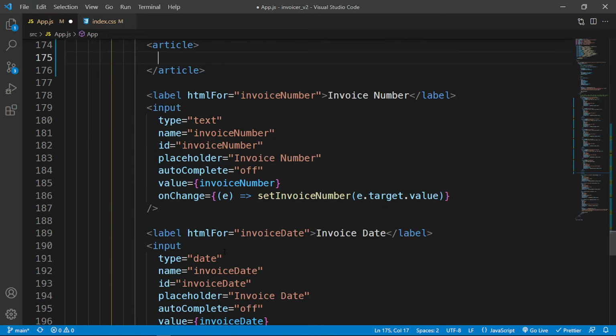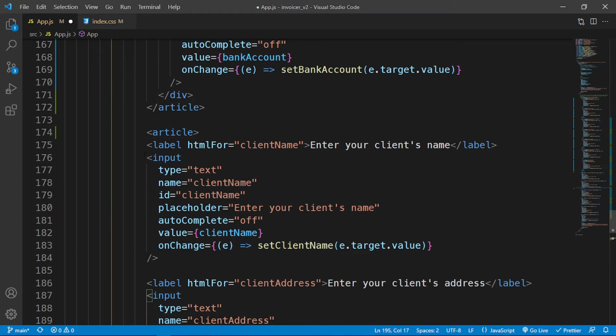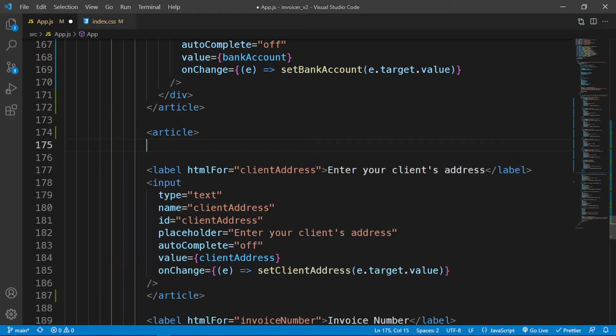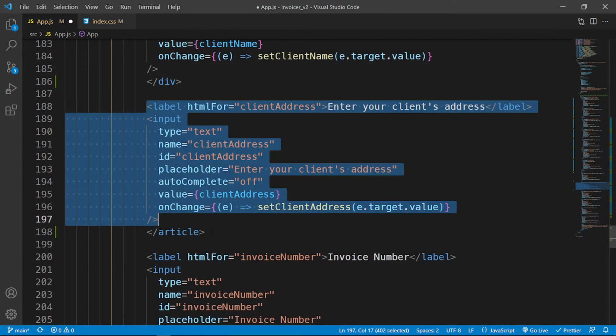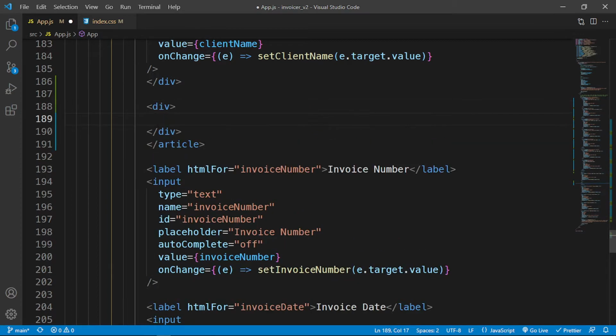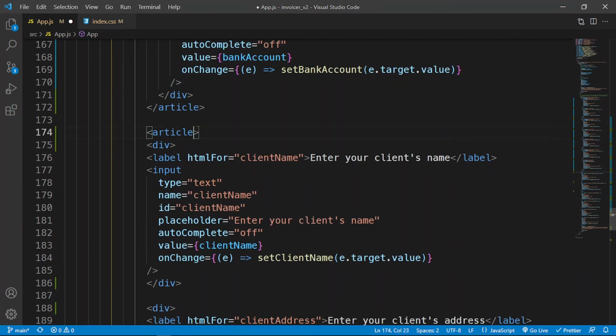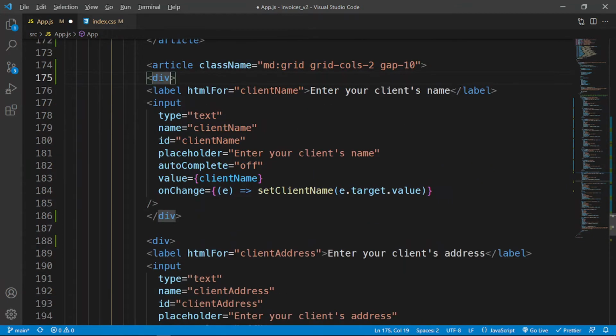Place it inside an article like so, and then grab this first one, place it inside the div, grab this second one, place it inside the div, and then let's go inside this article. Let's give this a class name of md grid and grid columns just 2 with a gap of 10. Go inside this first div, and then inside the second div give this a class name of flex and flex dash column,